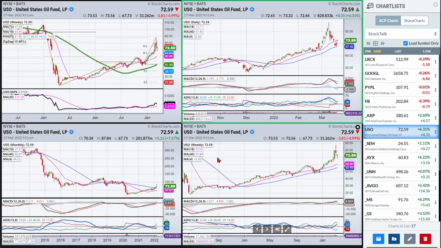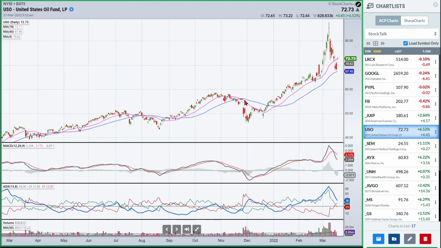Okay, let's look at USO. So, one of the things that I would tell you is just looking at what's taken place. Really big move to the upside. Definitely some climax action. Look at the size of the volume. Biggest volume bars we saw, up bar and a down bar. And so I'm under the assumption here that we've built up some resistance now overhead.